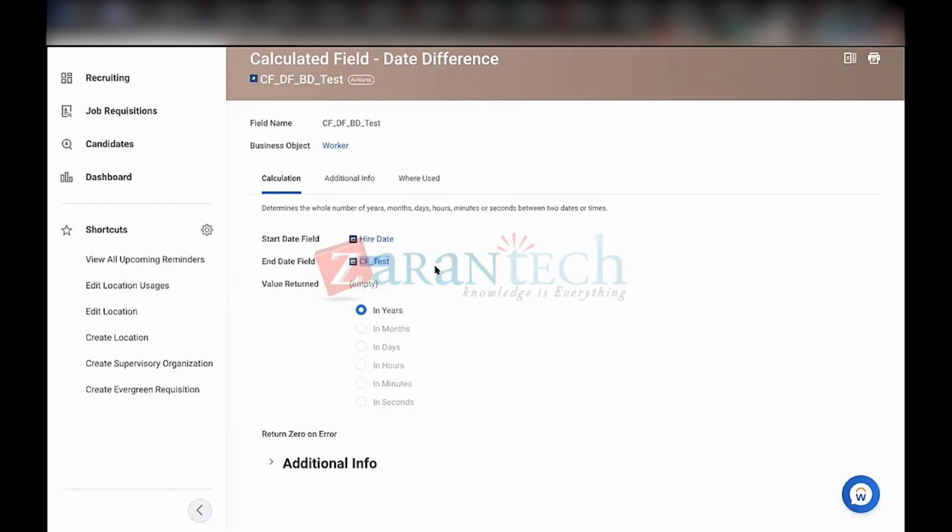For example, he has completed only 1 year. It should be 12, right? Let's take an employee hired on 1/1/2010. You're taking month from it. If it is 1,